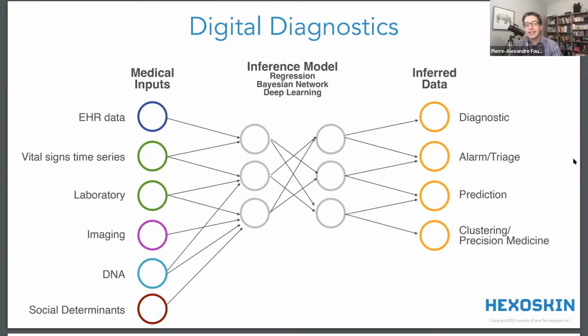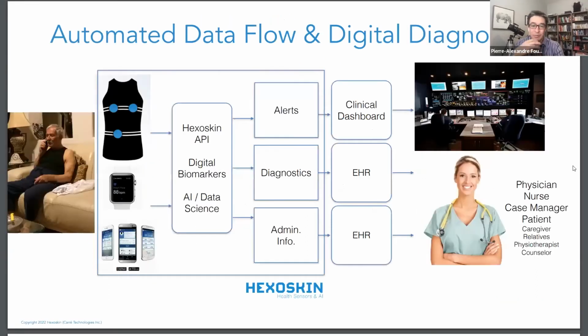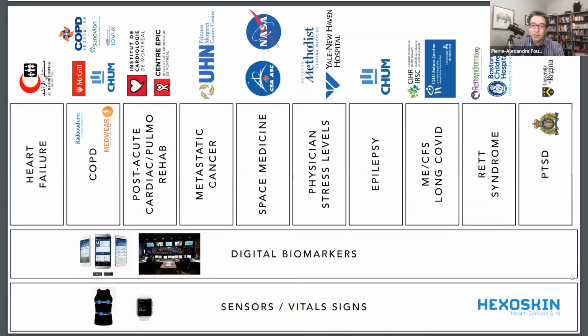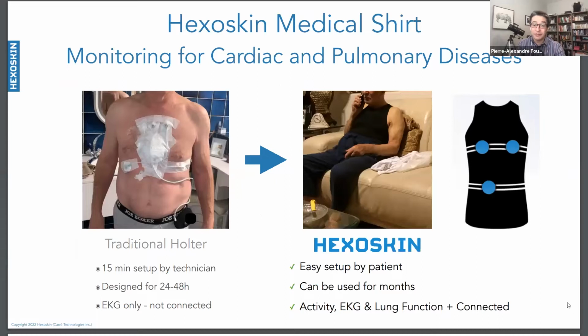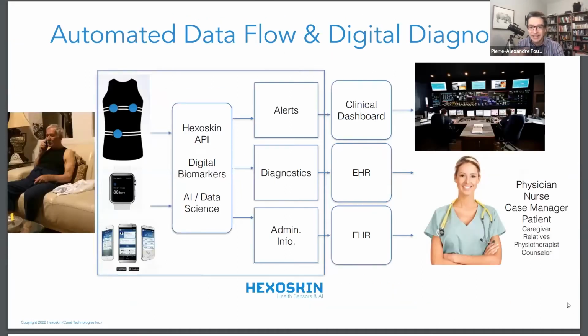But if we look at that with a more practical angle, if you can show slide 2, the way we look at it at Hexoskin is from the point of view of automation. So we want to automate all the information processing from a connected device at home, a device that the patient can use, that's easy to use, or a passive device in the home environment with a cell phone that relays the information